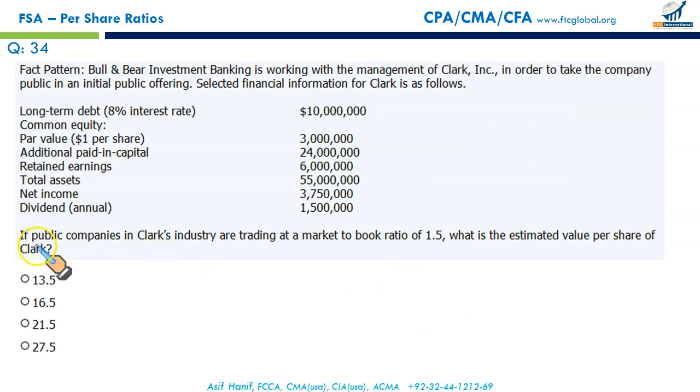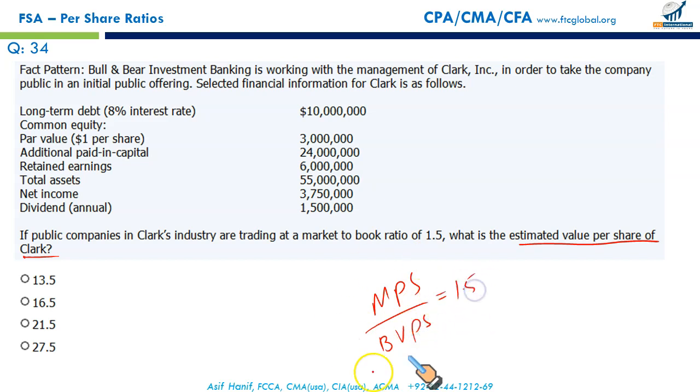Same question, but we need something else now. If the public companies in Clark's industry are trading at a market to book ratio of 1.5, what is the estimated value per share of Clark? Market price per share over book value per share is 1.5. That's for the whole industry. So let us first calculate the book value per share for this particular company, Clark. Take the equity, common stock, additional paid in capital, retained earning, and simply divide it by the number of shares,